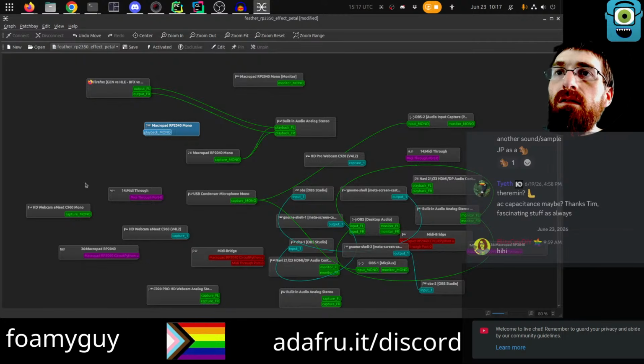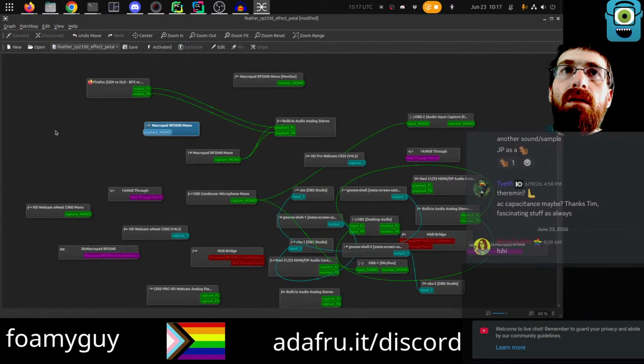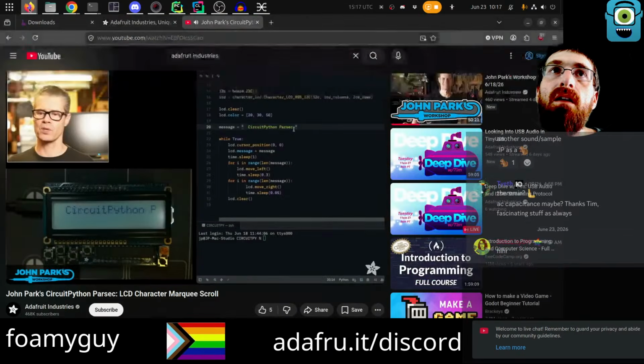Well, I'll tell you. In CircuitPython, I'm importing the Adafruit character LCD library. I'm setting up a, now the Firefox is gone. Okay, so audio, as you can see, when you have a lot going on, especially the stream is not helping because OBS is adding about 100 things to here. Space CircuitPython parsec space in